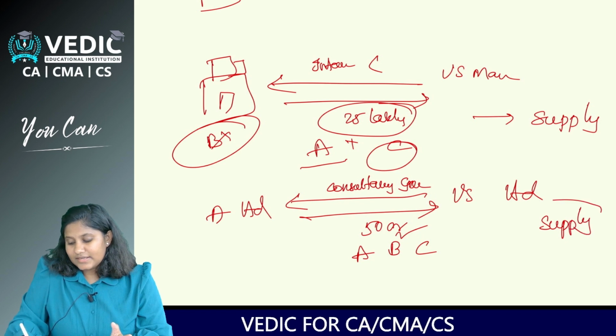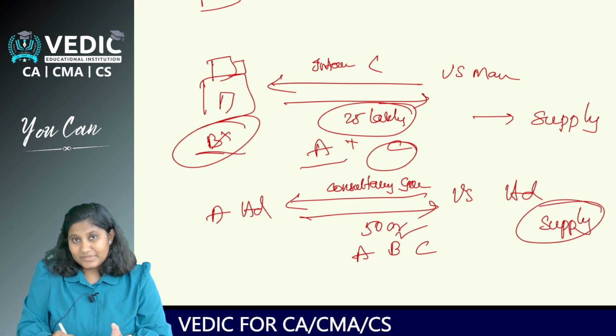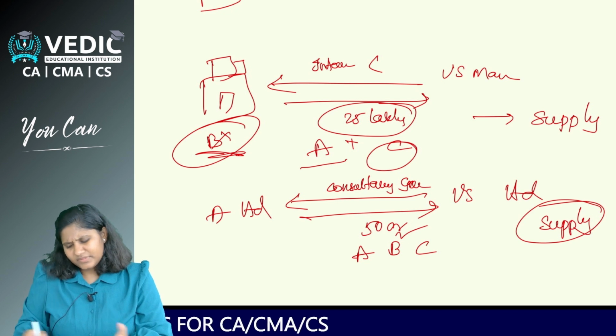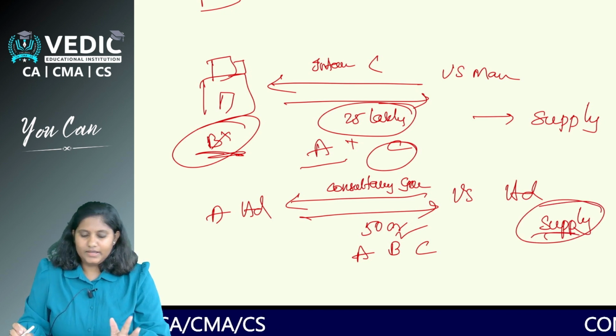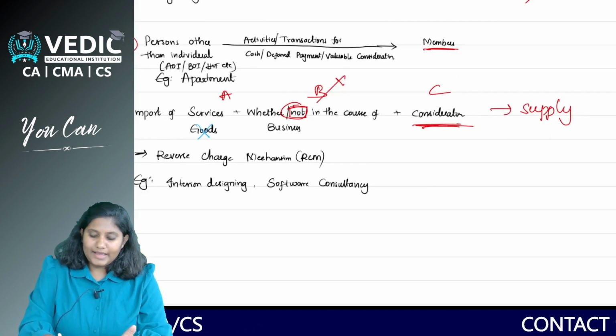Here also it is considered as supply. Here even without business, it is considered supply. With business obviously it will be considered as supply. Clear? See, one more catch here is,